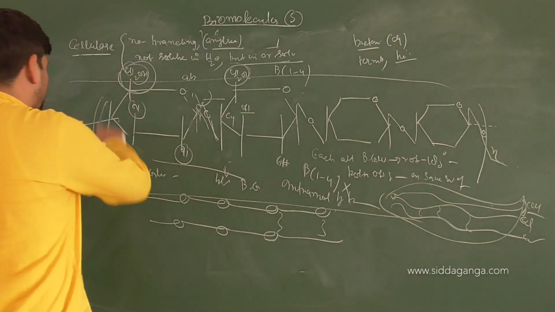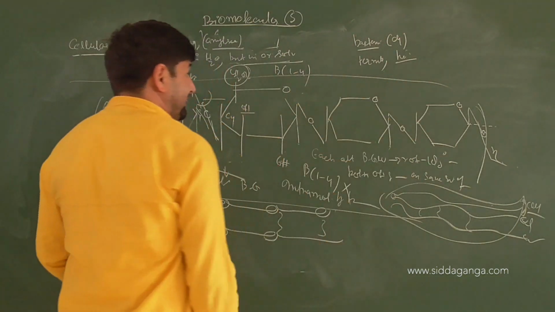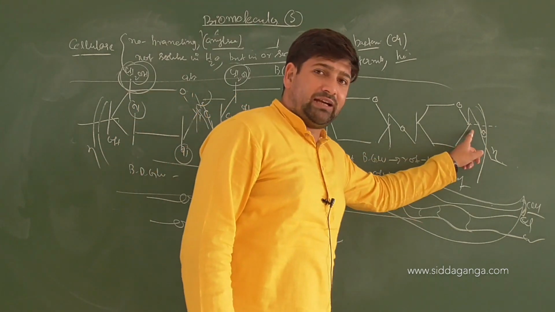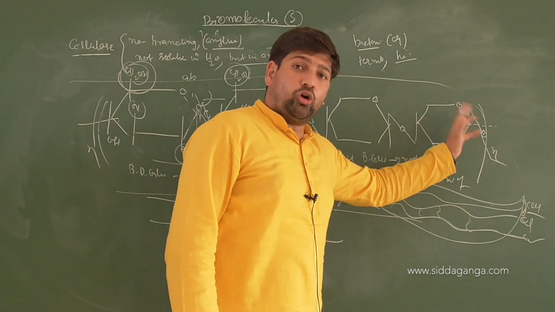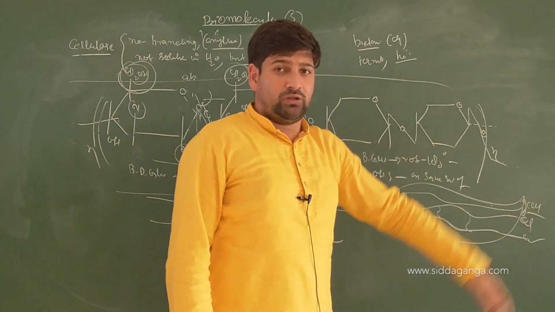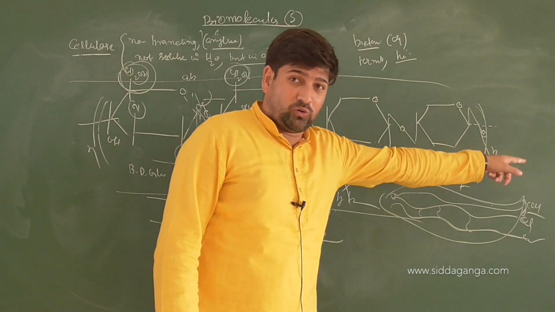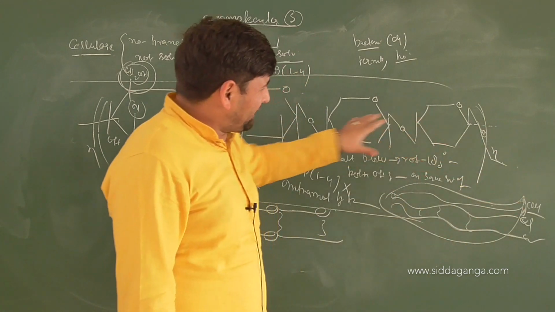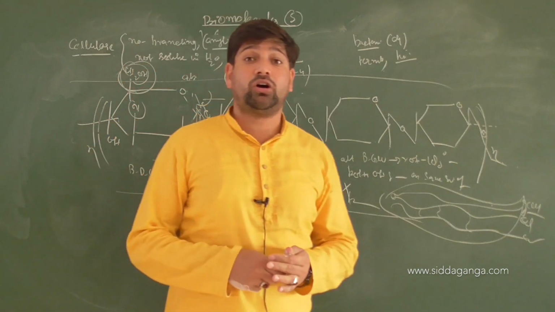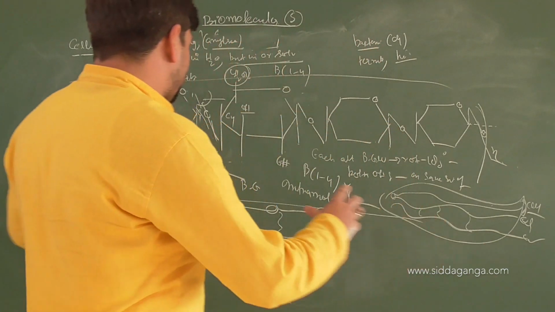Now you have one reducing end, this one, and one non-reducing end, but the molecular size and the molecular weight of this molecule is very high. As a result, although that hemiacetal form is available for opening out and is in a position to reduce Ag+ to Ag and Cu2+ to Cu2O, the net reaction shown by this will be negligible. As a result, this is also considered to be a non-reducing carbohydrate. Did you understand the structural analysis of this? You got it clear here?